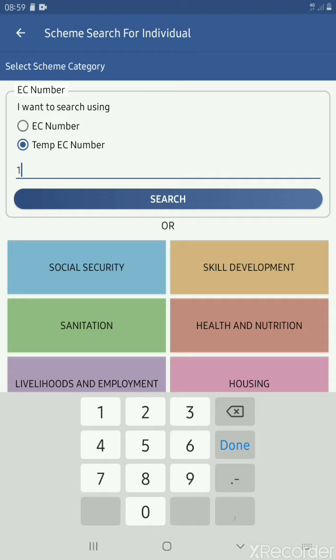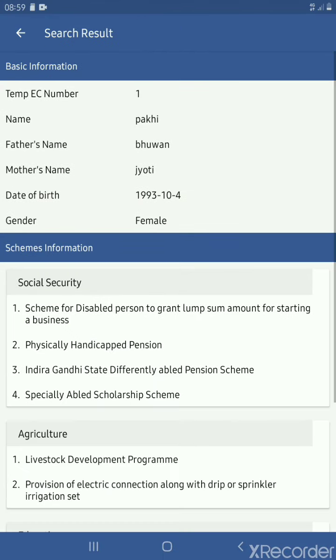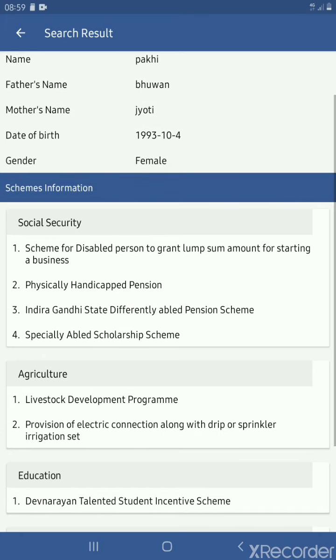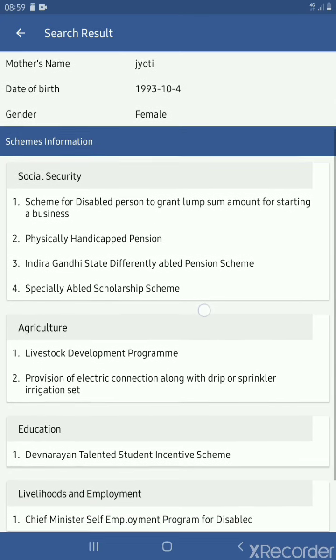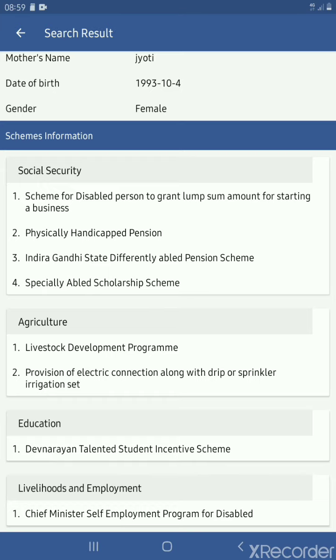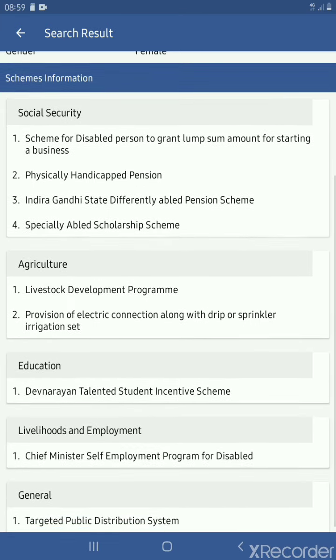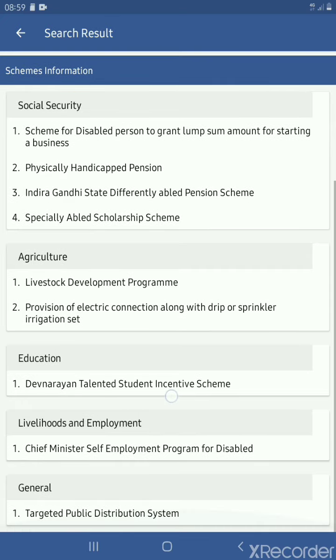When we enter the temporary EC number and click on search, we can see the basic information of the beneficiary, and below that we can see the schemes information. Basically we can see all the eligible schemes for this beneficiary.